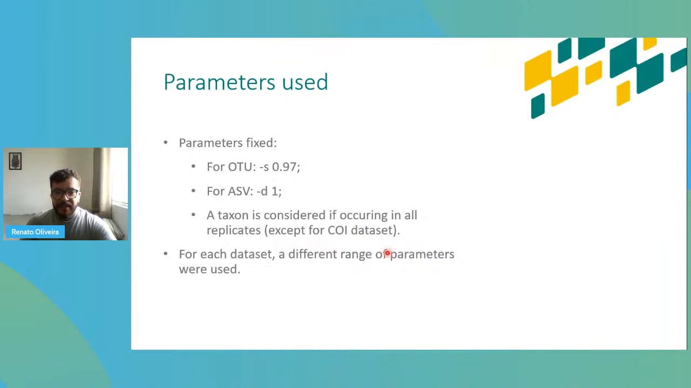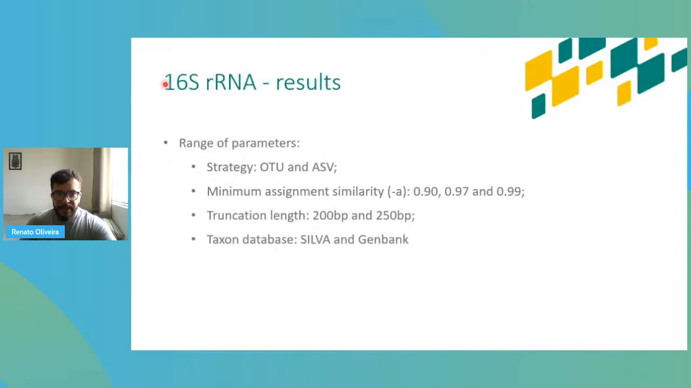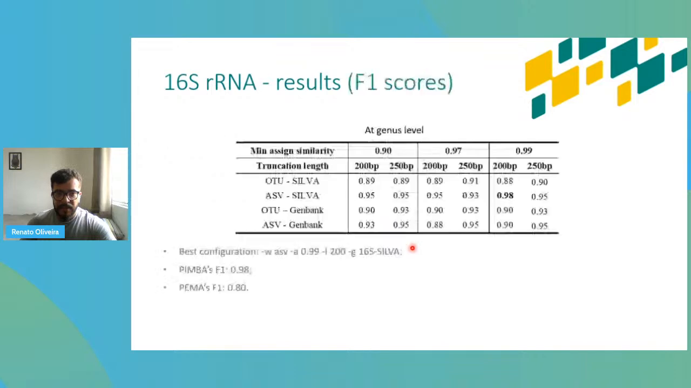For each dataset, a different range of parameters was used. For example, in the 16S dataset, we varied the strategy, the minimum assignment similarity, the truncation length, and the database that was used. We used the Silva and GenBank databases. And these are the results, the F1 scores at the genus level. With this result, we can see that PIMBA got a nice result using the ASV strategy with the Silva